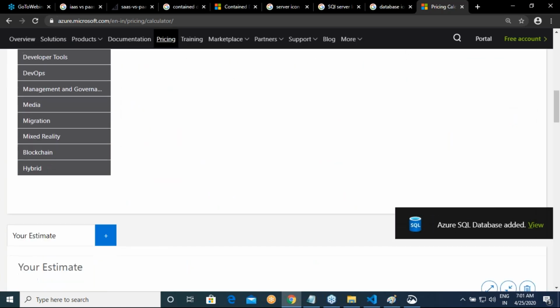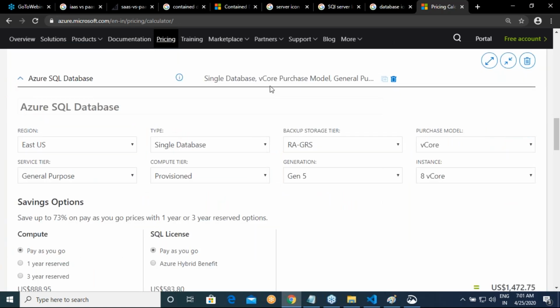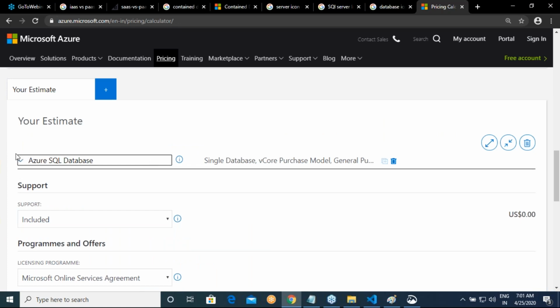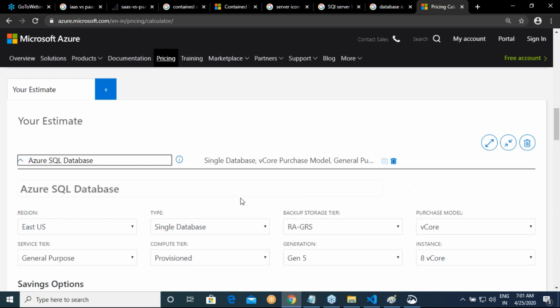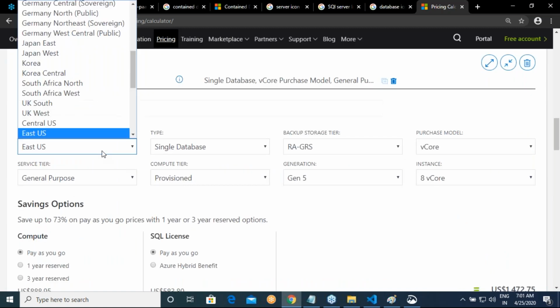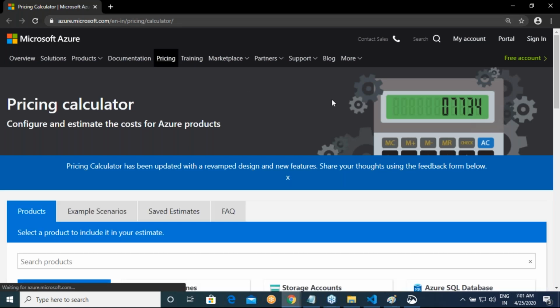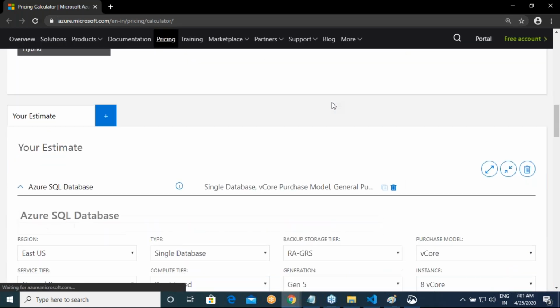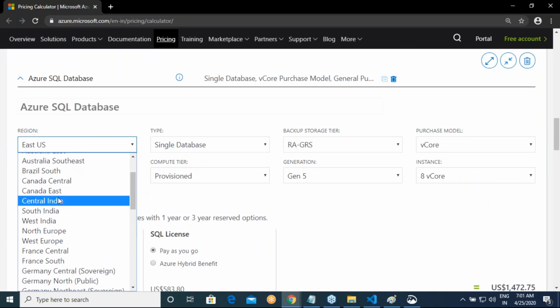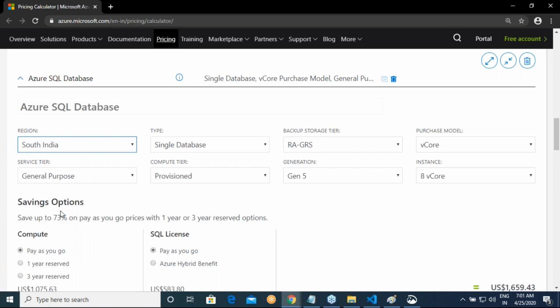It has added a view. Come down over here. Are you seeing here it is showing you the option. Okay. So what is the model which you want? Do you want an Azure SQL database? All right. So let me not change it. I think there is some page refresh issue. Okay. Azure SQL database. And then I have to choose in which part of the world you want. First, let me select South India, which is Chennai.